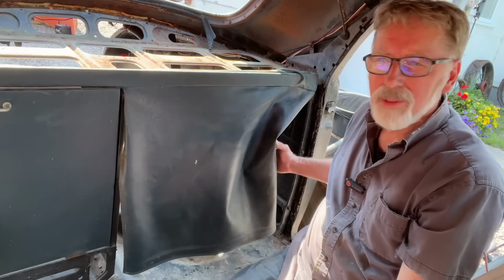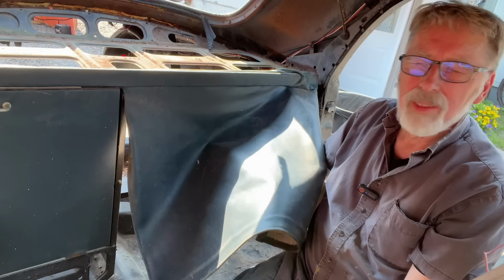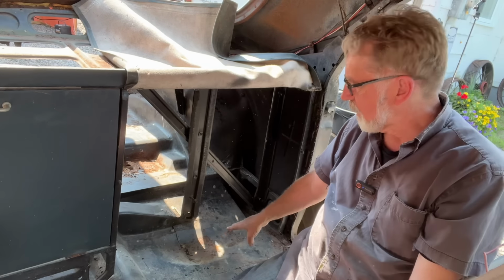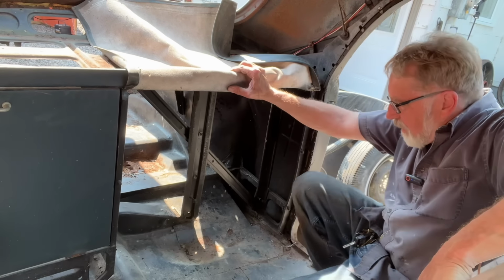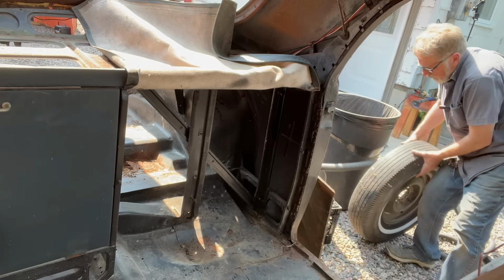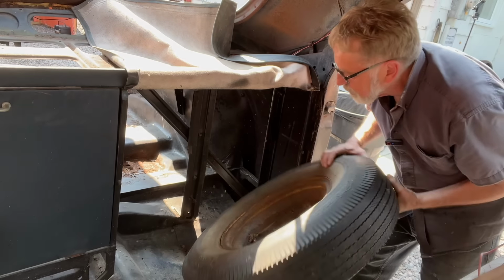I couldn't figure out what this flap was for, this opening here, until I started looking at it, and I see that it's kind of dished out at the bottom there, and that's obviously for the spare tire. They don't keep it in the trunk. Let me just grab the old spare, and it just sits right in there